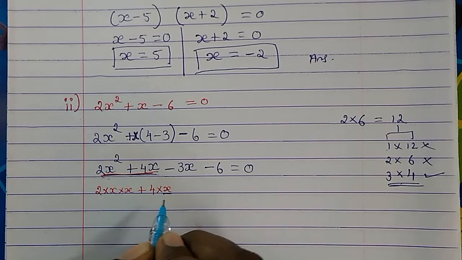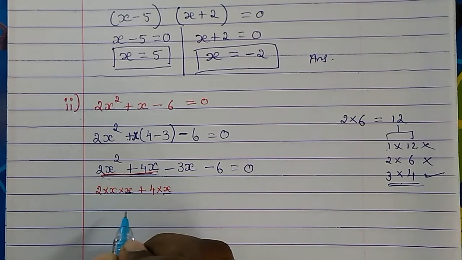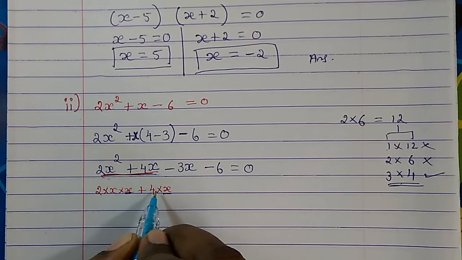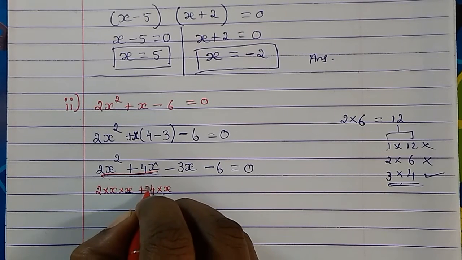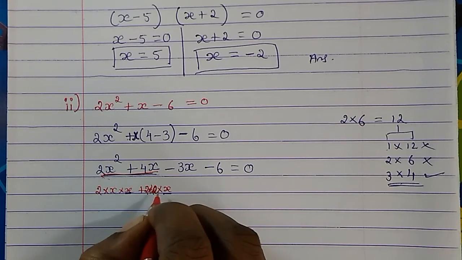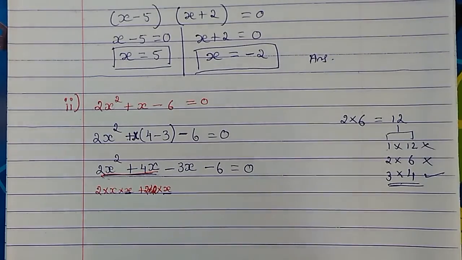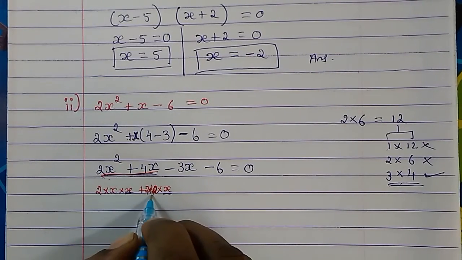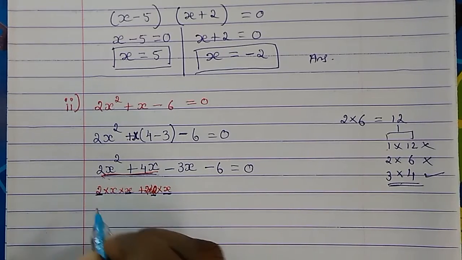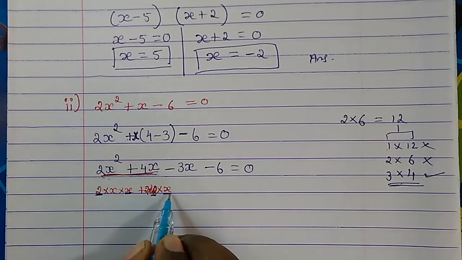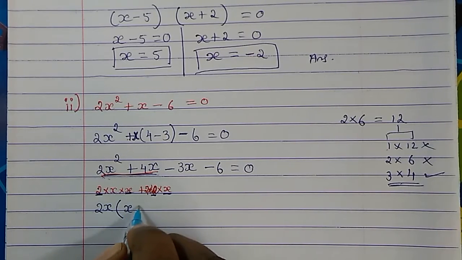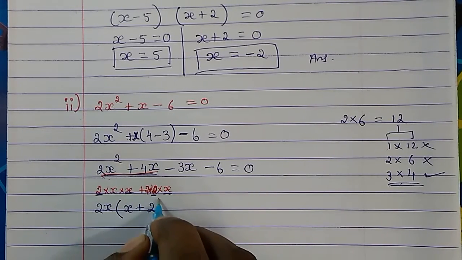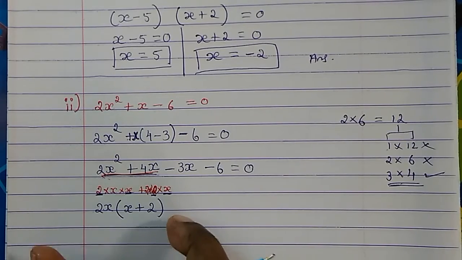So here we have 1x. Here also we have 1x. This 4, can we write 2 2s are 4? Then we will get 2 also. Okay. This we can write 4, 2 into 2. Okay. Now we have here 1x, here 1x. Here 1 2 we have, here 1 2 we have. So what we will take? This 2x, here also 2x. So that we will take it common, 2x. Now what is left inside? 1x is left and 1 2 is left. So x plus is there, here 2 is there. This is left. So like this you have to do, how to remove in common.